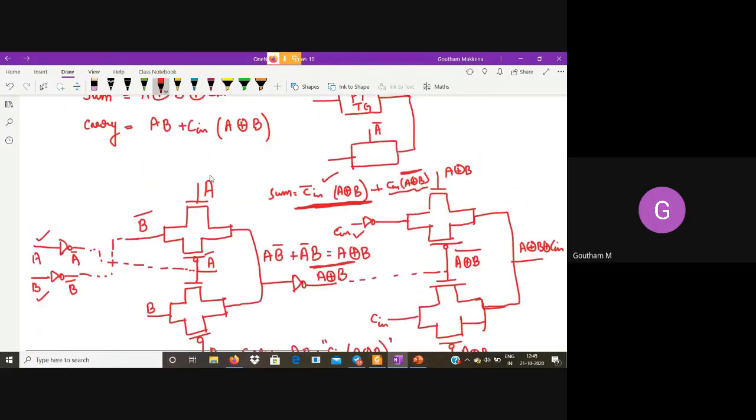So over here, in order to generate A XOR B, how many transistors did I use here? 1, 2, 3, 4, 5, 6, 7, 8. In order to generate just A XOR B, using the transmission gate logic style, how many transistors did I use? 1, 2, 3, 4. This is 2, 6. This is 2, 8.